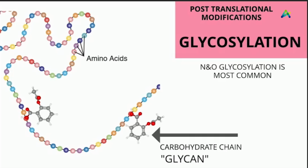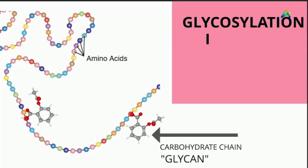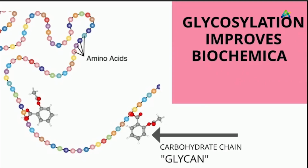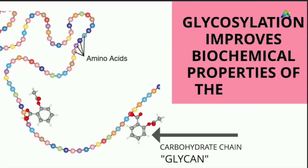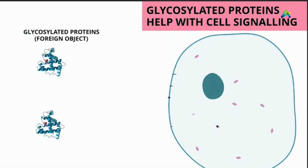N and O glycosylation, where the chains are attached to the N and O amino acid sites, are the most common. Nobody is quite sure how glycosylation works, but it makes the resulting protein rugged enough for the rigors of in vitro experiments. Not just that, once inside the body, glycosylation also plays a crucial role in cell signaling, telling